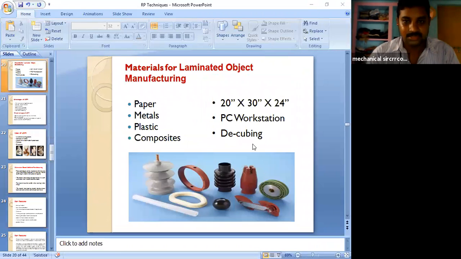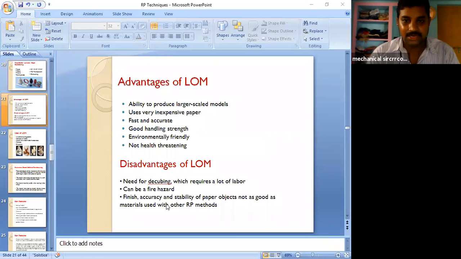So these components, the materials. In the four processes, you need to remember what materials are used, what the techniques are, what the process is, and the advantages and disadvantages of each technique. These points you need to remember.